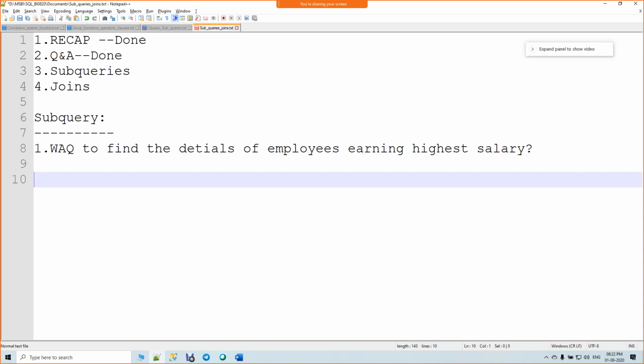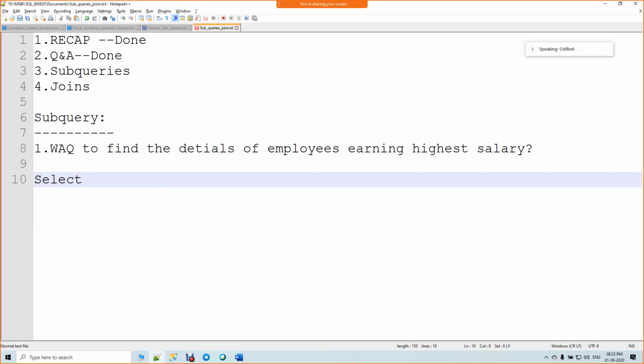Now keep this statement in mind: write a query to find the details of employees earning highest salary. When we are working on subqueries, break the problem into pieces. In the exercise assignment, I gave a query: write a query to find the highest salary. How do we find the highest salary in the employee table?